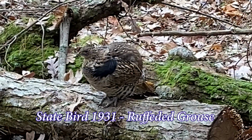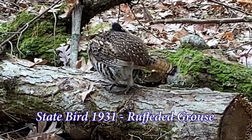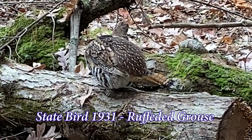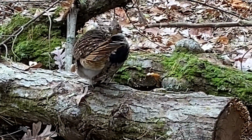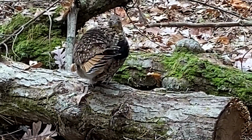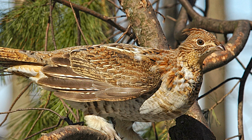In 1931, the state designated the ruffed grouse as the state bird. And our friend Tim Flanagan, who has written that great book, Grouse and Woodcock, Birds of My Life, tells us a little bit how it all came about. The ruffed grouse is known as Bonasa umbellus. It obtained its scientific name from a bird that was sent in 1750 from Philadelphia to England, and it was examined over there, and it gained its scientific name as Bonasa umbellus by 1840. Even further back,